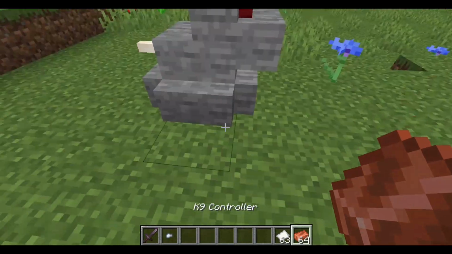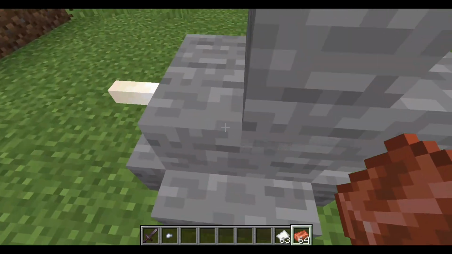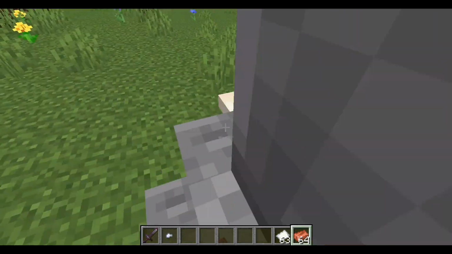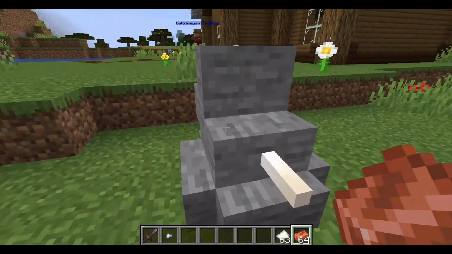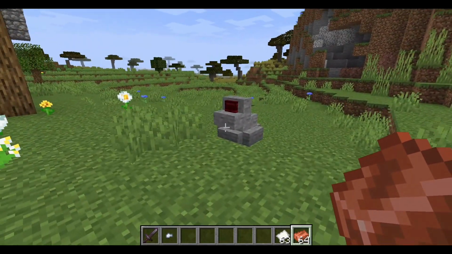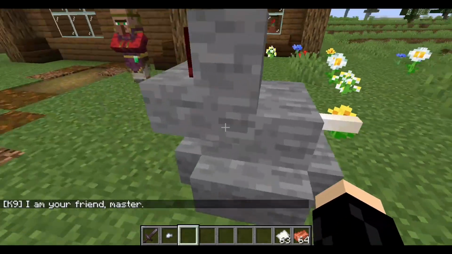The problem with K-9 is you couldn't tame him with a bone or something, because the hitbox is obscured by the falling blocks. I'm trying to hit him, nothing's happening, and if I tried to tame him, nothing would happen either. So how do we do that? Well, we can use this K-9 controller, and if we use that...